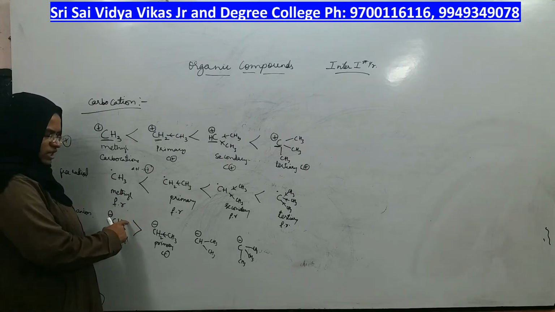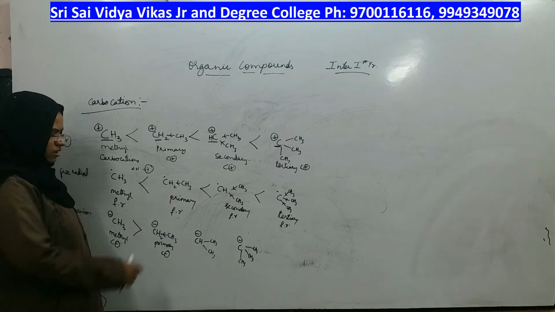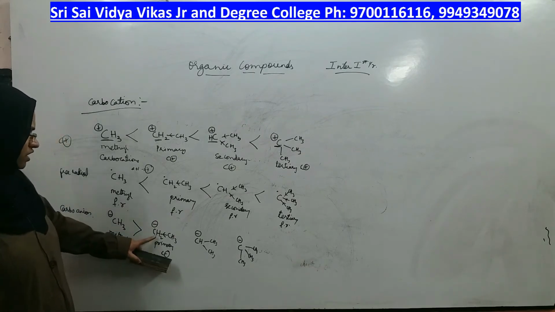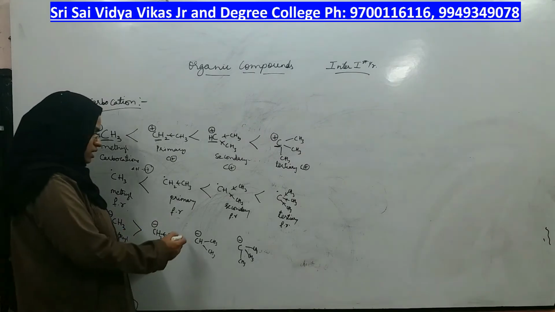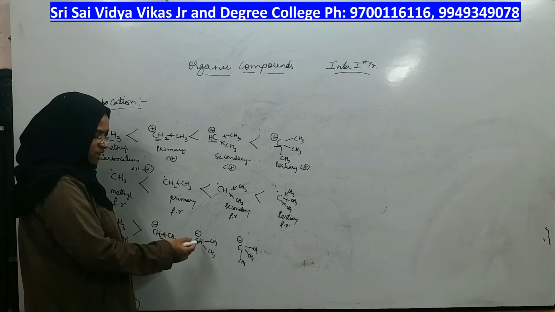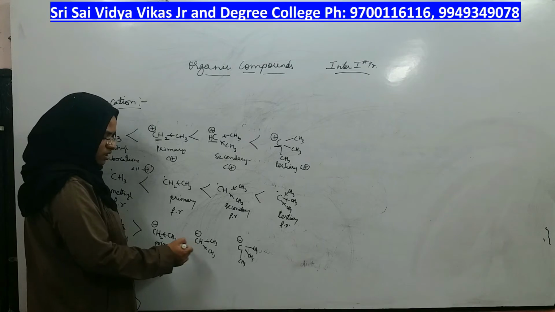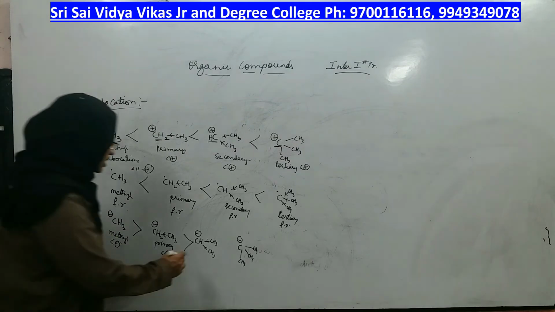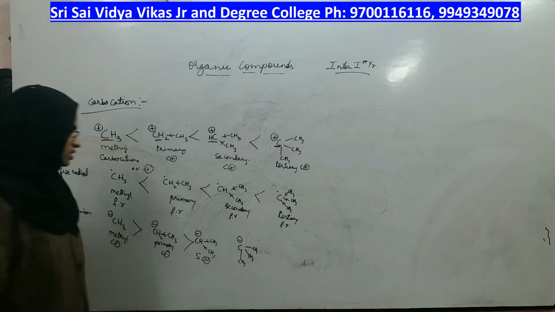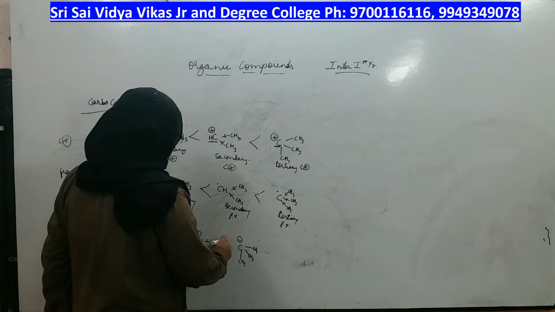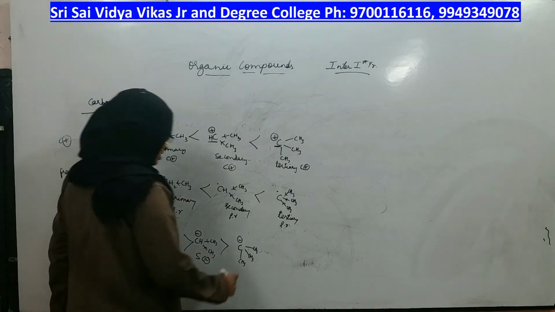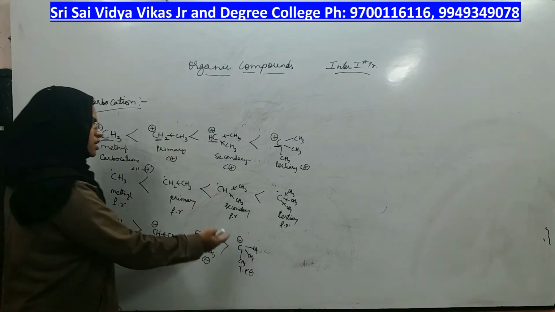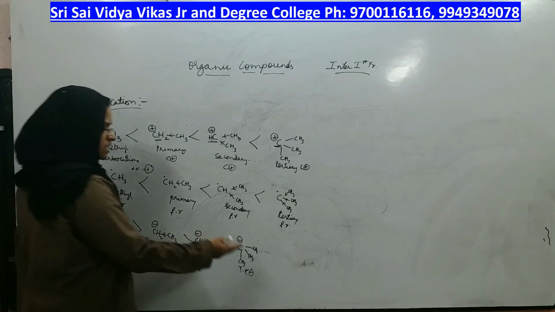Therefore, here no one is giving, no one is taking, so it is more stable. Here no one is taking, but one is giving, making it less stable than methyl. Here no one is taking away the negative charge, but 2 carbons are giving the negative charge even more. So secondary carbanion is even less stable than primary. Then tertiary carbanion is even less stable, in which 3 carbons are increasing the negative charge of the carbanion, therefore it is least stable.